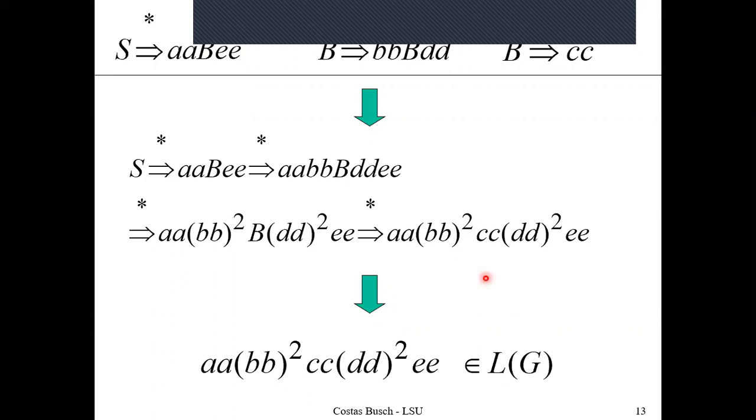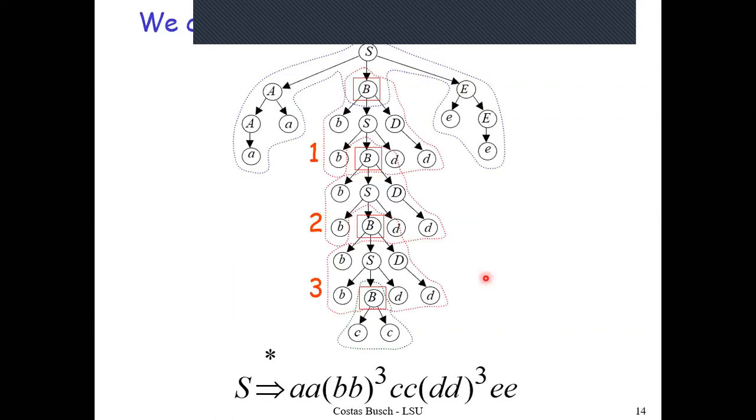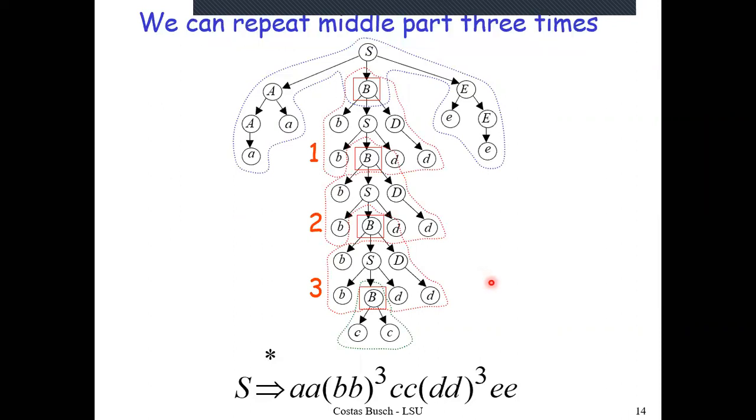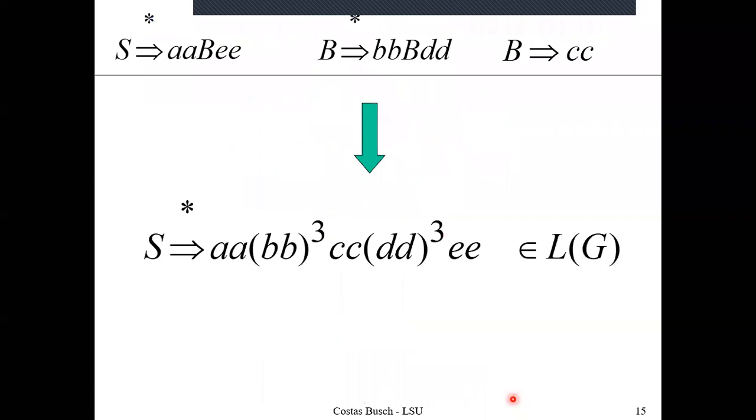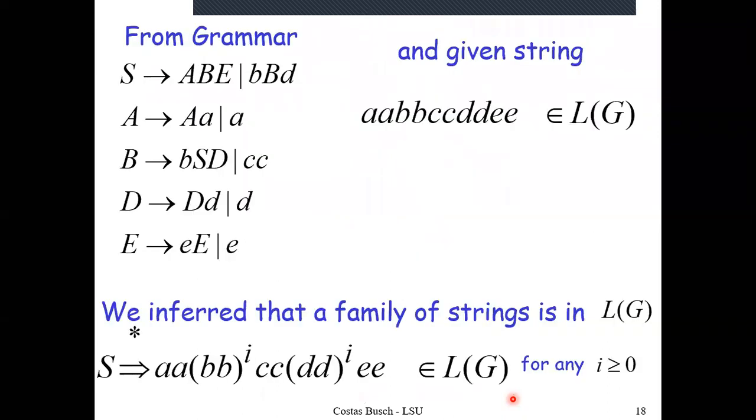Now if I do it as many times as I may please, say for example 3 times, I would have a square b cube c square d, d square cube and e square. So once again, I've got a valid string of my grammar. So now I hope that the repetition pattern for getting new strings motivated from the original string is clear. So I have this thing with me.